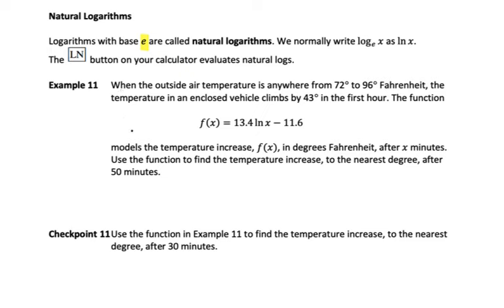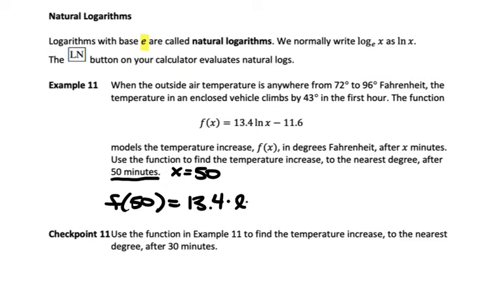When the outside air temperature is anywhere from 72 to 96 degrees Fahrenheit, the temperature in an enclosed vehicle climbs by 43 degrees in the first hour. And we have this function that models the temperature increase, f of x, in degrees Fahrenheit after x minutes. Use the function to find the temperature increase to the nearest degree after 50 minutes. So 50 is going to be x. So I'm going to plug in 50. So we have 13.4